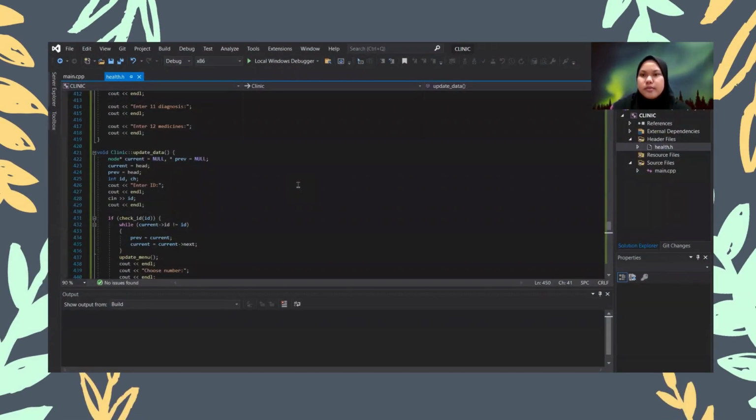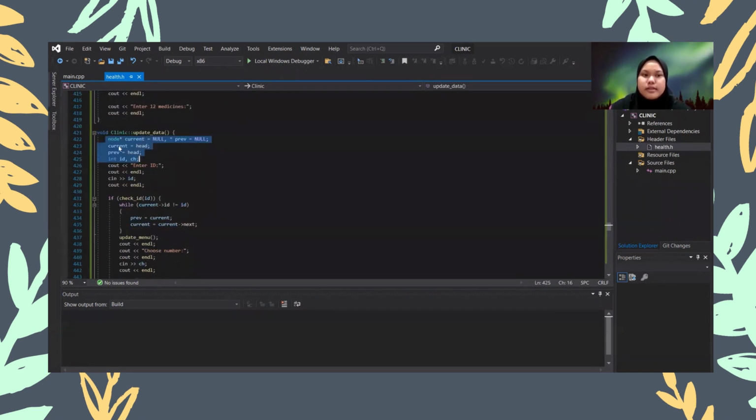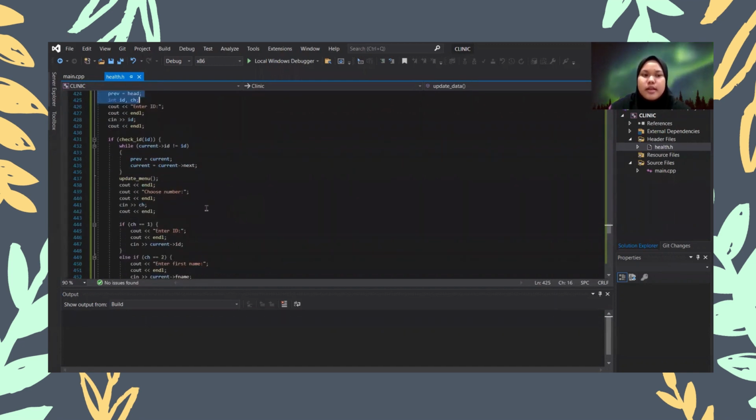Okay, then we're going to start my explanation. I'm going to explain my whole clinic update data. So this is our clinic system. We use a linked list in this program. As you can see, I highlighted this, and we can update our data